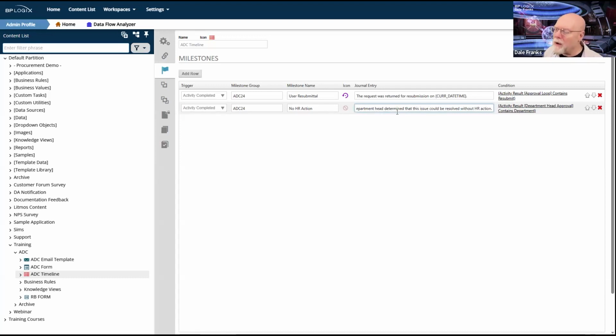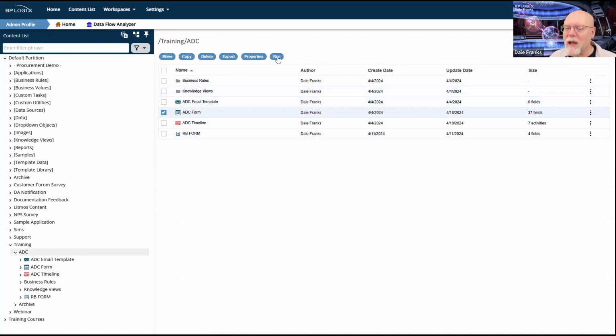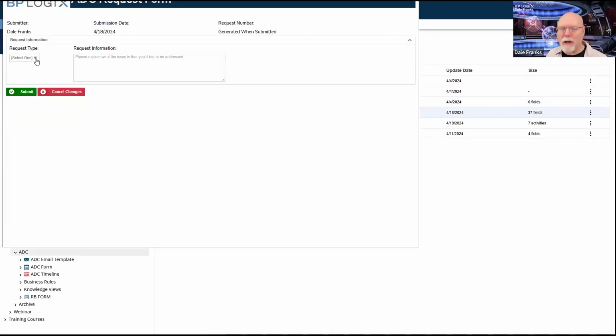So I could specify exactly who the department head was, although it would generally be obvious from the context of the form anyway. But now I just want to have this noted that somebody took the responsibility to not send this to HR and to try to fix it themselves. So at the very least, we know who to point the finger at if that turns out to have been the wrong decision. So let's run it again. Let's run a complaint.